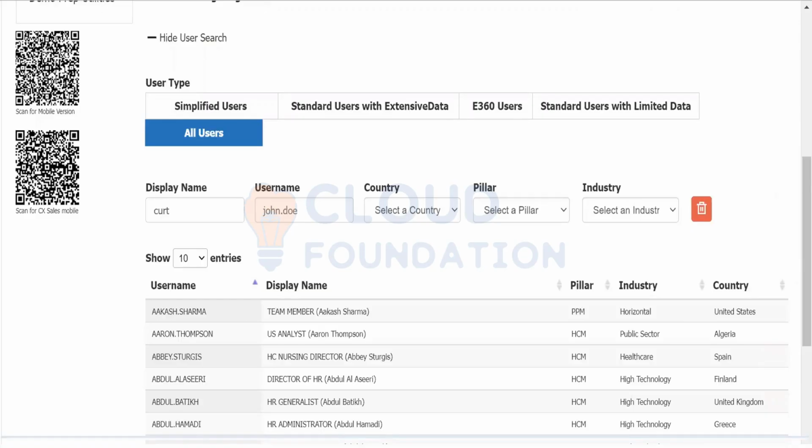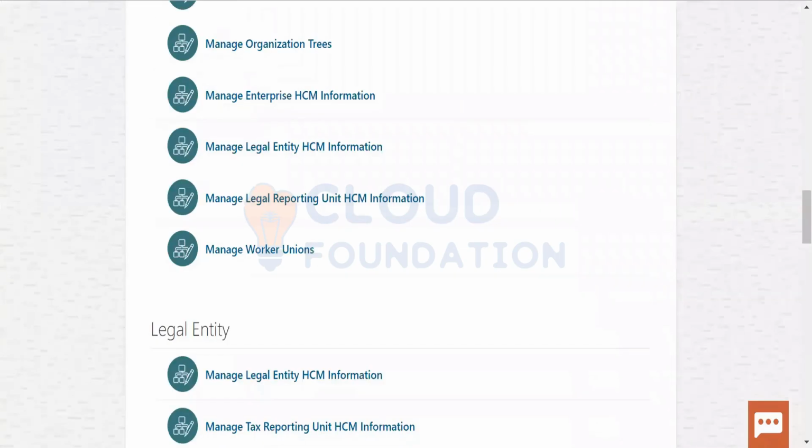Suppose I create a job or a position. Jobs and positions will be seen across all business units, so we don't restrict that data. We create a reference data set and put it in a common set. Common set is when you can see the data across all business units.